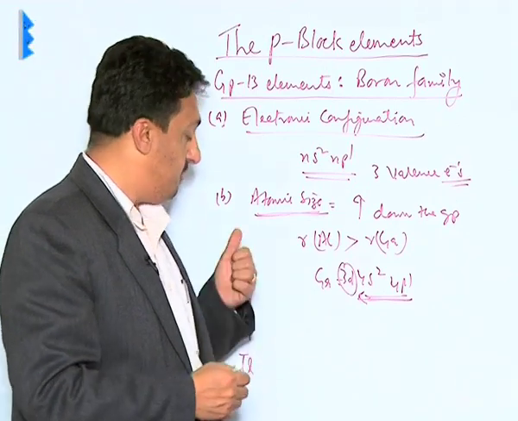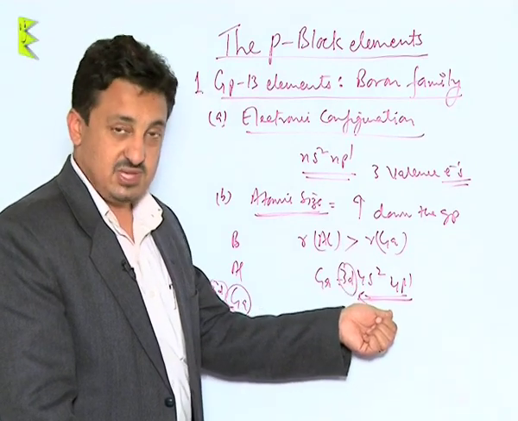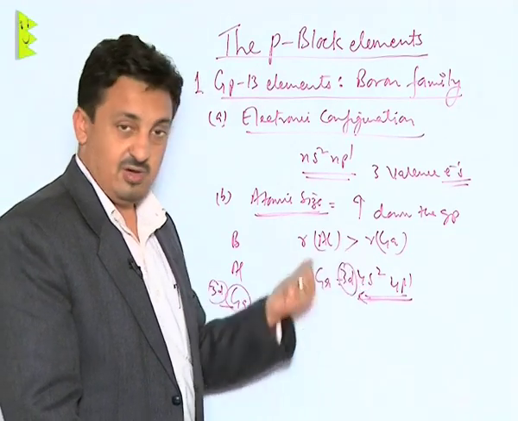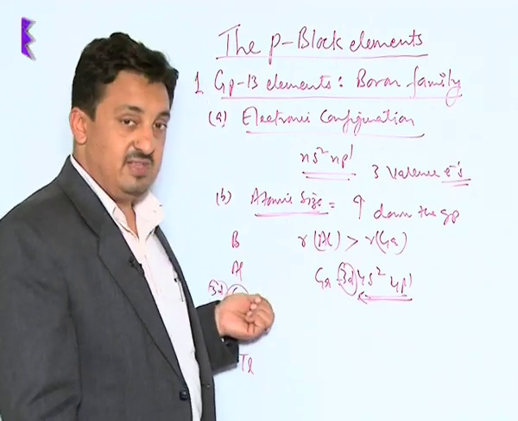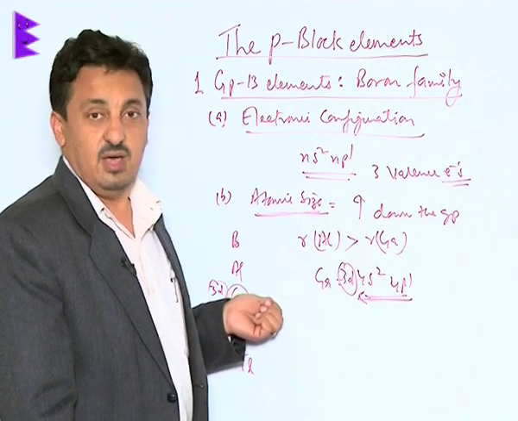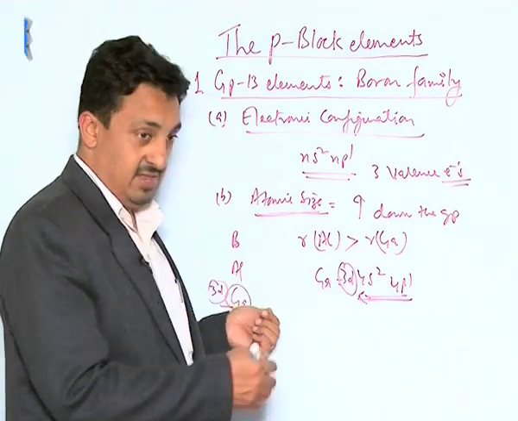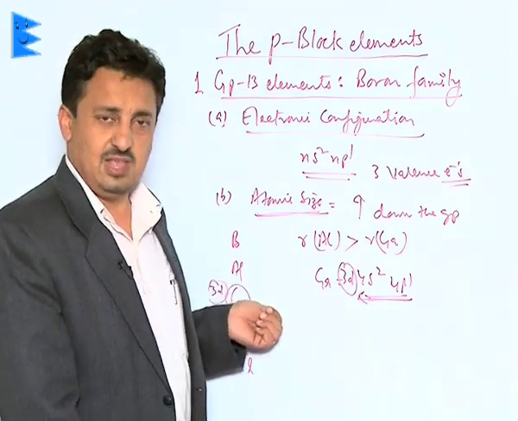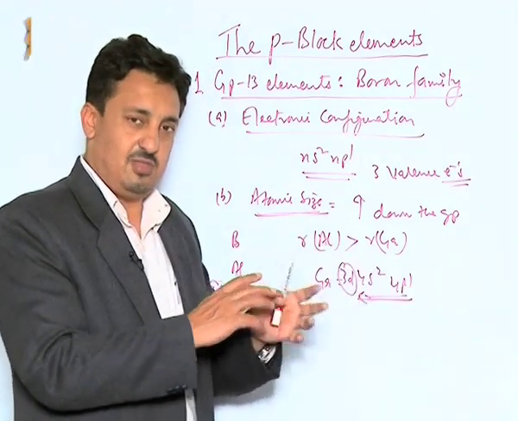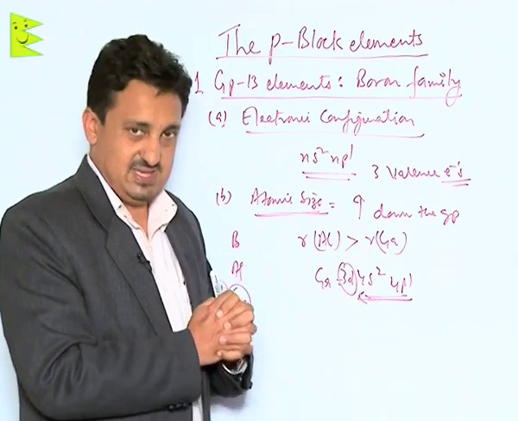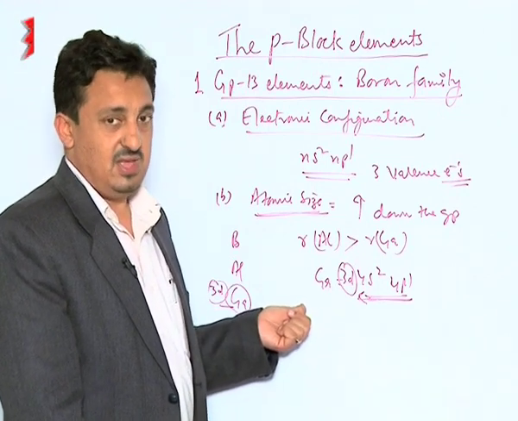And because of the poor screening of the ns2 and np electrons of gallium, the size of gallium is smaller than aluminium. And don't think this effect continues in group 14 also. We don't find that: germanium is not smaller than silicon. The main reason is that the two unpaired electrons in the p orbital, due to their interelectronic repulsions, compensate this effect. But yes, the effect of the poor screening of the inner ns2 np electrons continues,